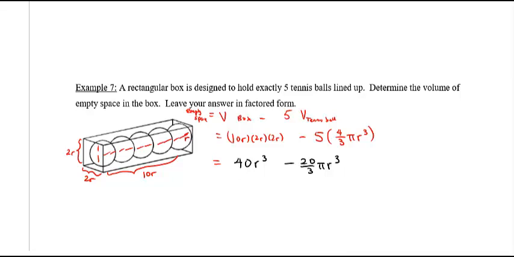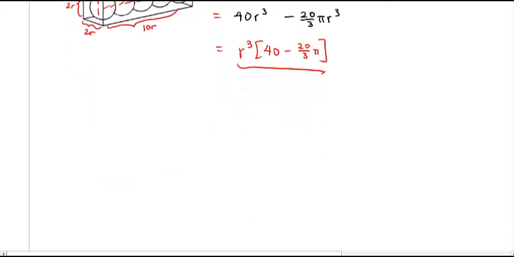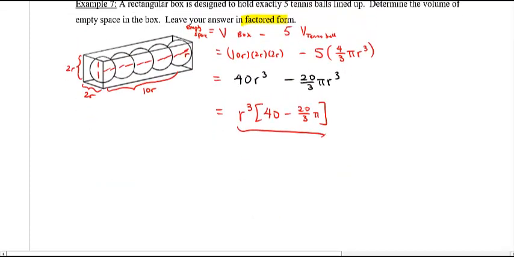But it did say also to leave your answer in factored form, so let's factor. I'm going to take out an r cubed. And so you're left with 40 minus 20 over 3 pi. And that would be factored form. Alright? That's it for the first one. Lots of information here, I know. Review, please. This idea of factoring, so important in future